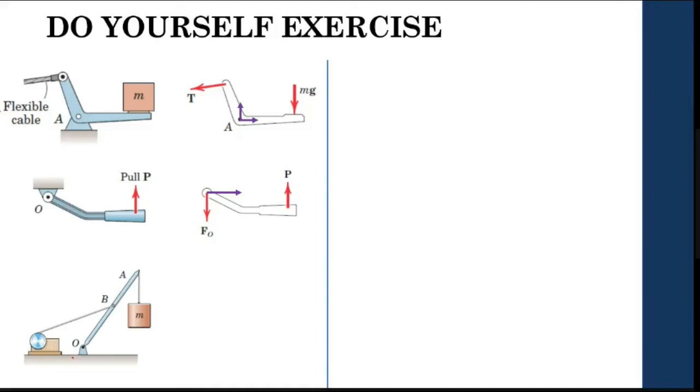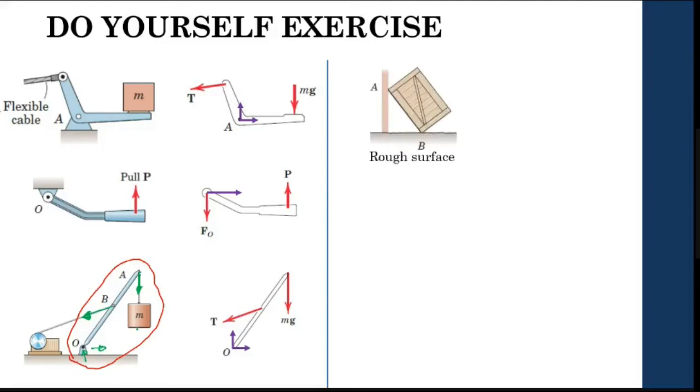Consider this one. You consider this as a free body diagram. I am going to concentrate only on this as a free body diagram. When you look at this, I can say that your weight here, mass, is 1 force. It is connected to a rope, so you will have 1 force like this. You have a pin joint again here, which has 2 forces. So totally 1, 2, 3, 4 forces. You have 4 forces.